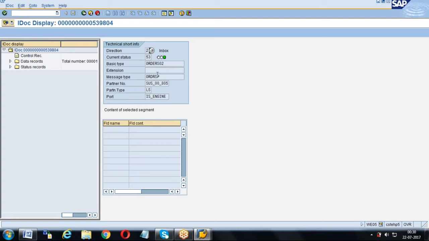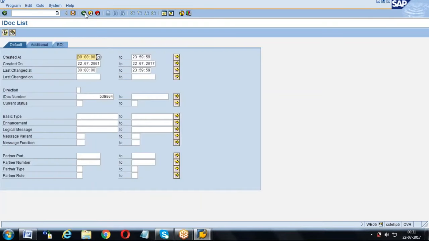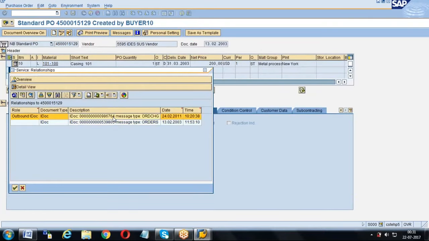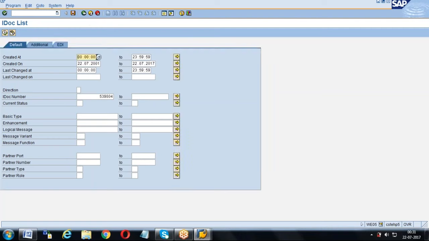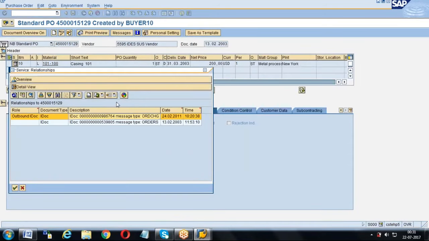Inbound IDOC, and here ORDRSP. Just now I showed you, right? ORDRSP means it's PO confirmation related things. If you see another one, 986764, this is the one we have seen. It's an outbound IDOC. This is an inbound IDOC. The tracking of IDOCs and all will be coming in the